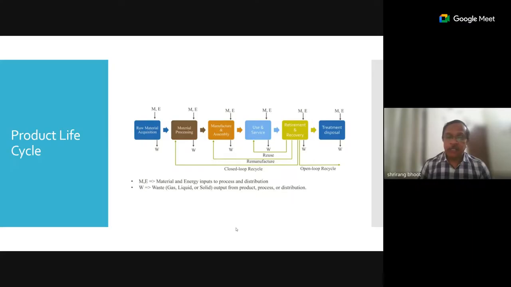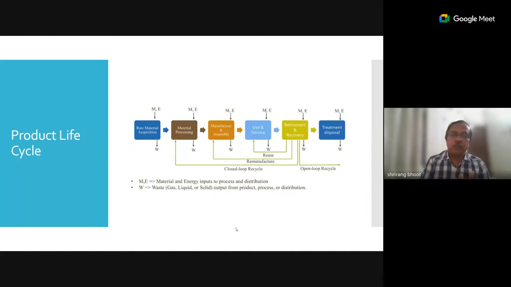So either we do the analysis of individual stages, or we do the analysis of the combined cycle. If we are talking about a product life cycle, we can talk about starting with raw material acquisition till the final disposal of the product into waste or into the landfill. Or we can simply talk about only the assessment of the manufacture and assembly stage.